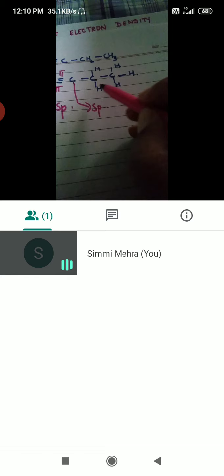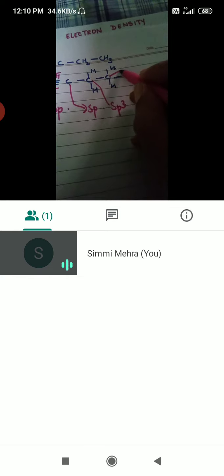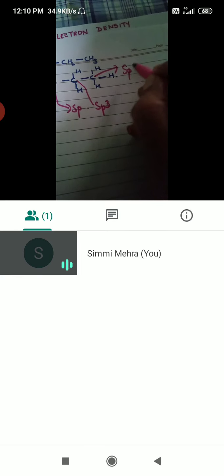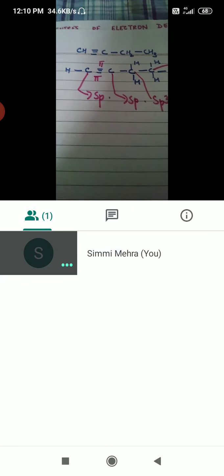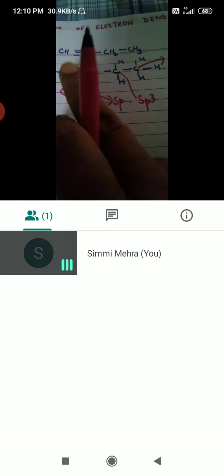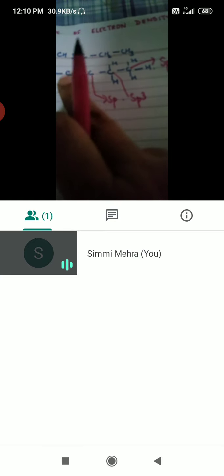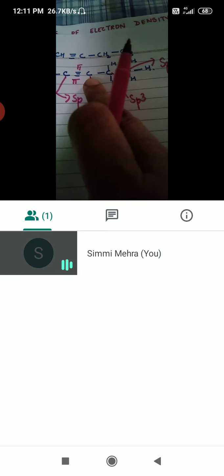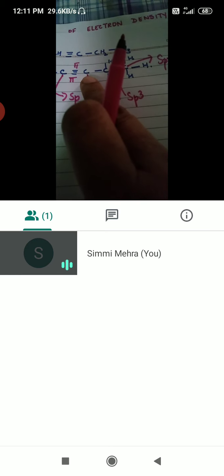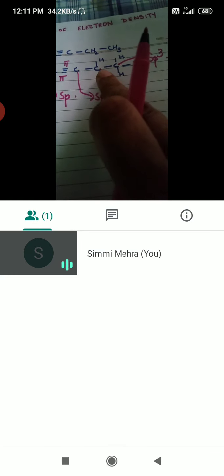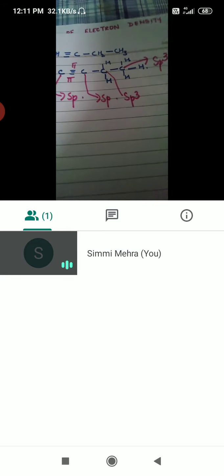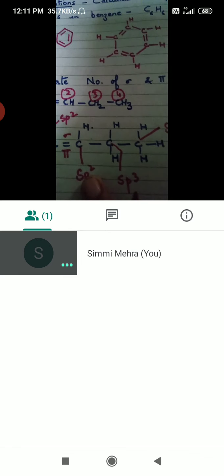Right? These are single bonds. So it is all 4 single bonds, sp3 hybridized. And this is also all 4 single bonds, sp3 hybridized. Okay. Alright. One shortcut method is there. Carbon atoms on either side of the triple bond. This is a triple bond. So on either side, as we have done in the structure of the ethyne molecule, it is sp hybridization. So on either side the carbon atom will be sp hybridized. If it is forming all 4 single bonds, it is sp3 hybridized, and on either side of the double bond both of them will be sp2 hybridized.